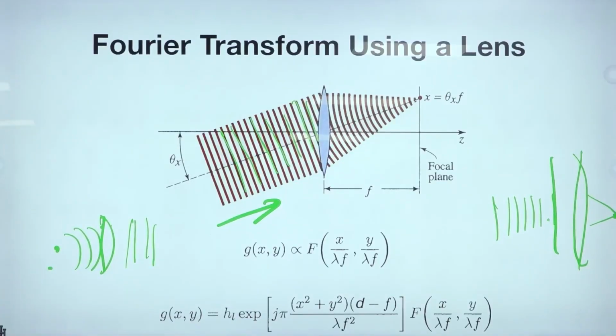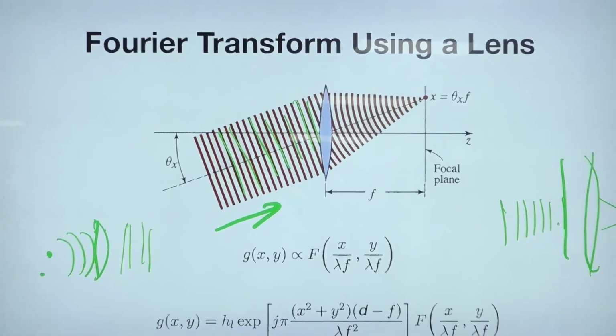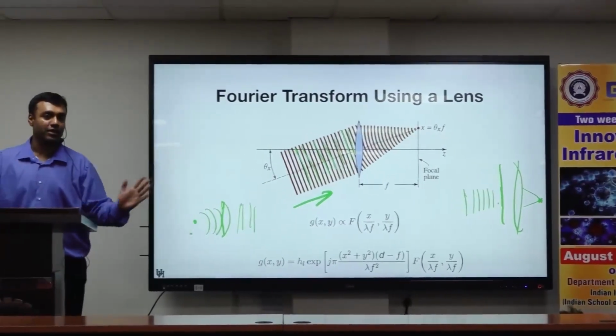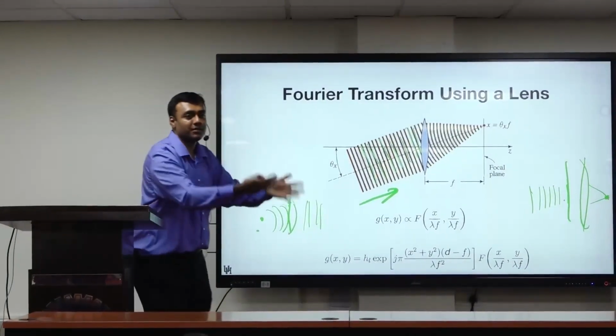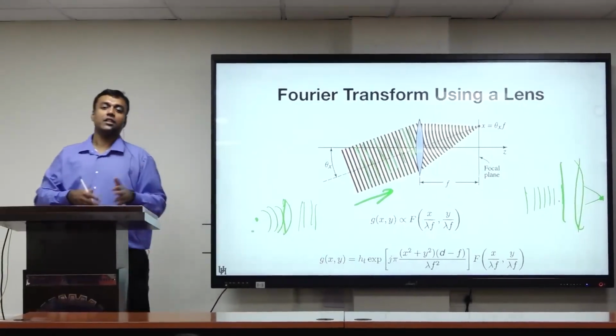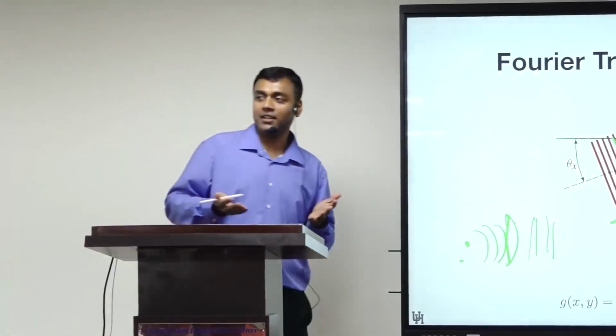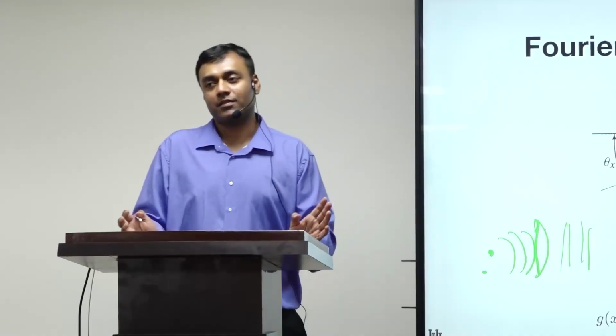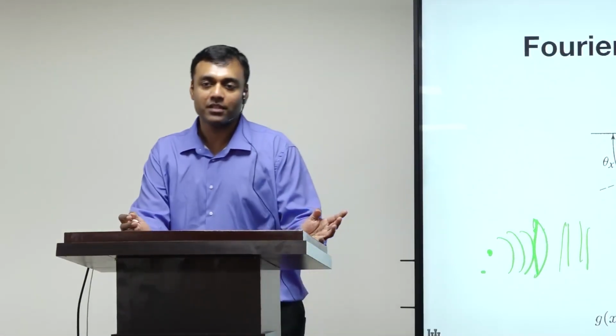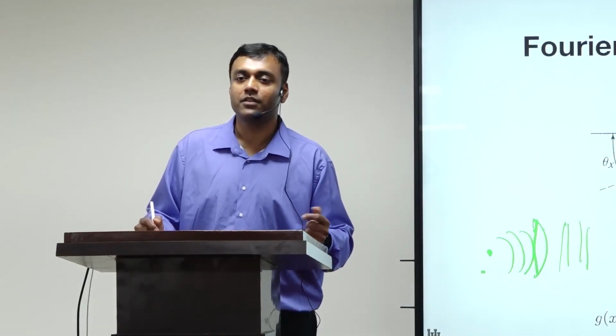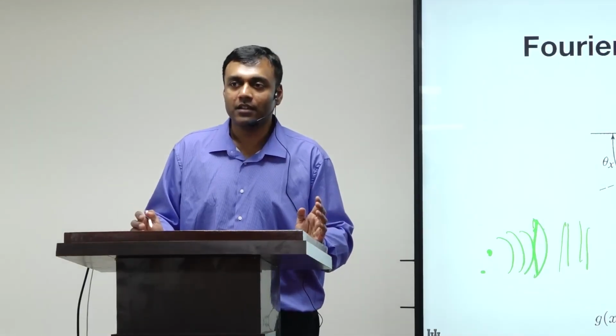So basically what I'm saying is that if you have a lens and you put some object at a distance equal to the focal length of the lens, then at the other side, at a distance f, the lens would have performed a Fourier transform of the object. And this is true not just for points or plane waves, it's true for any kind of function, any wave. If you put an image of something and put a lens in front of it, this is actually a way of computing the Fourier transform. So this is an optical way of calculating the Fourier transform, at the speed of light, which is faster than any computer can possibly do. Okay, this is something interesting and useful as engineers. Keep this in mind. It could be very useful as we go along. This is a way of thinking about the optics. It's also a very practically useful way of